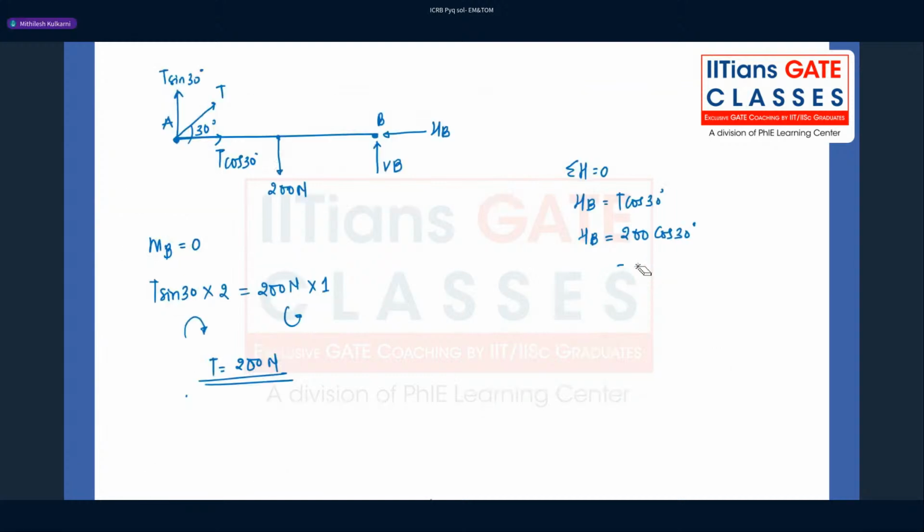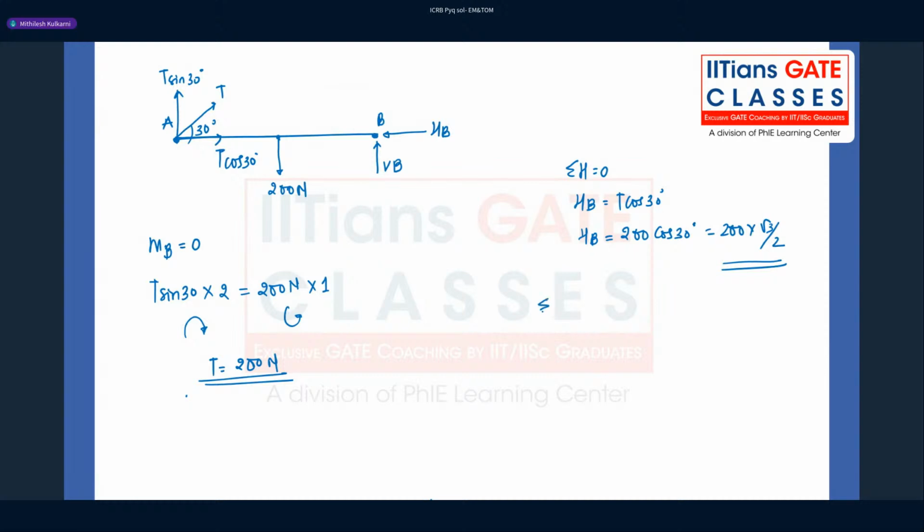Let's keep it as it is. I think maybe it will be 173.2. It will be 173.2. So it is like 200 into root 3 by 2. Let's keep it as it is for the time being. So the next